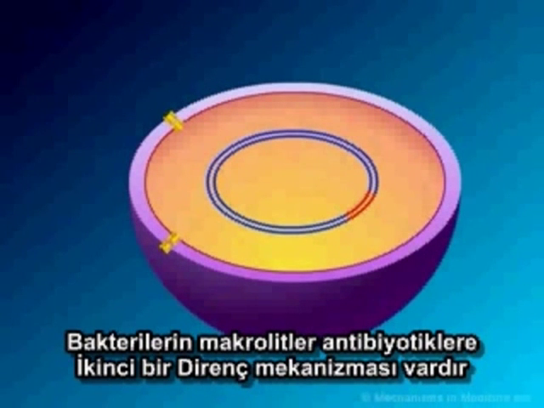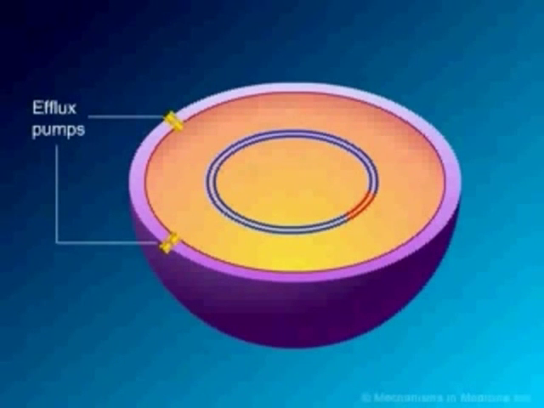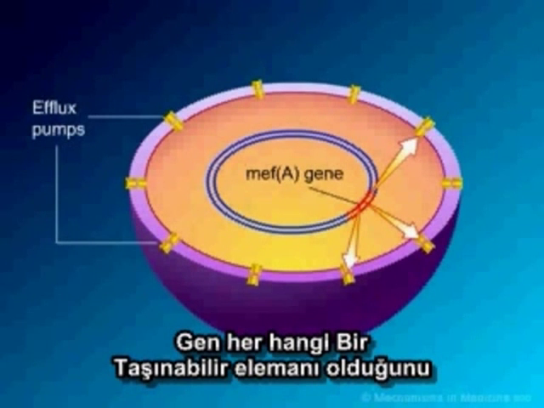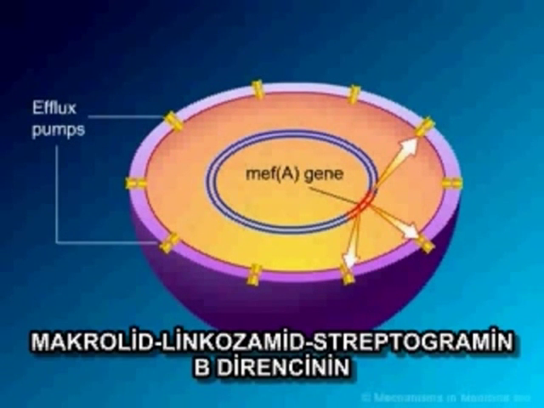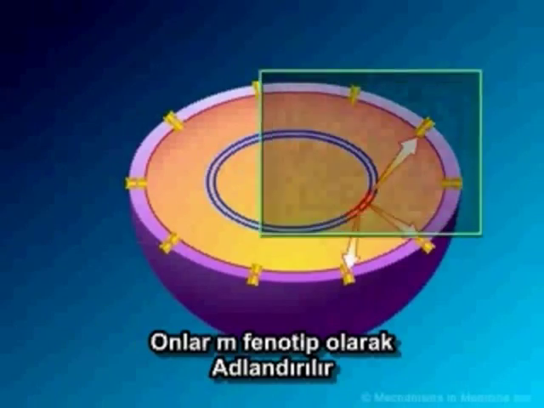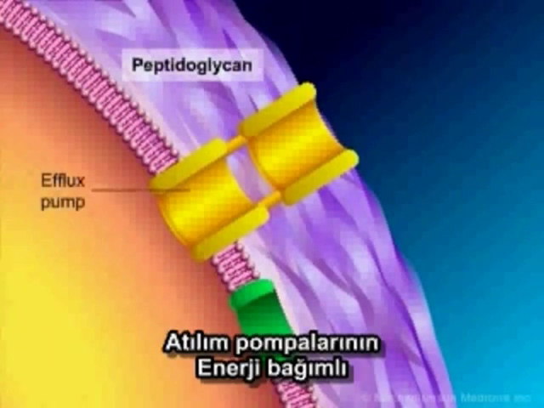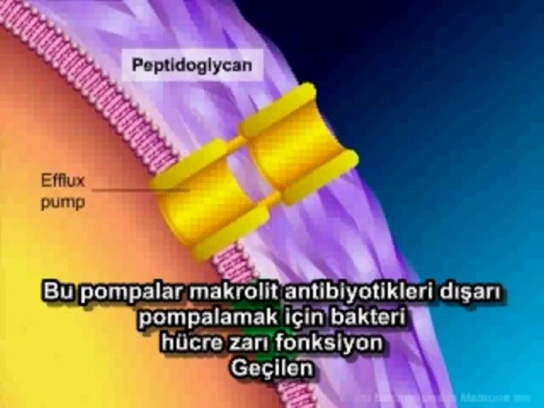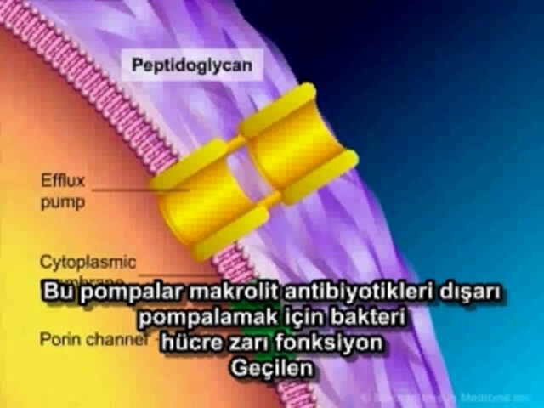A second mechanism of bacterial resistance to macrolide antibiotics is mediated by efflux pumps. These efflux pumps are encoded by the MEFA gene, which is a transposable element. Because they confer resistance to only macrolides and not lincosamides or streptogrammin B, they are referred to as the M phenotype. The efflux pumps are energy dependent and for S. pneumoniae result in moderate levels of resistance. These pumps traverse the cell membrane of the bacteria and function to pump out the macrolide antibiotic after it has